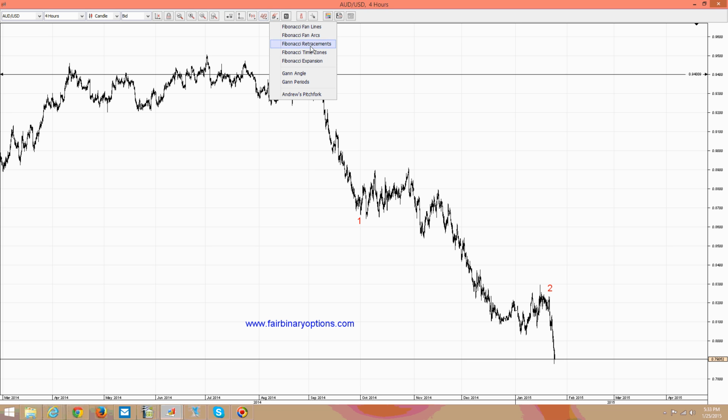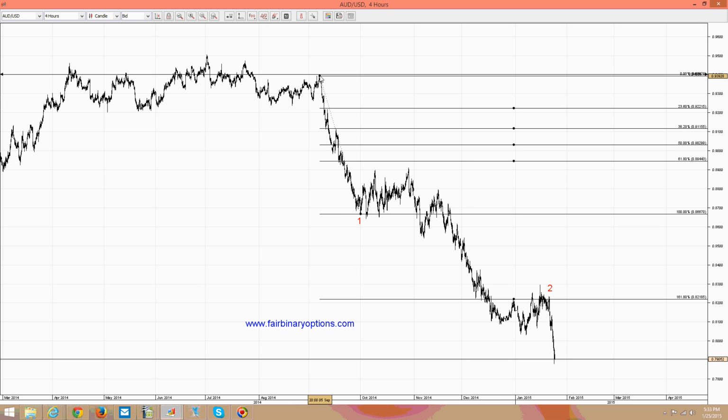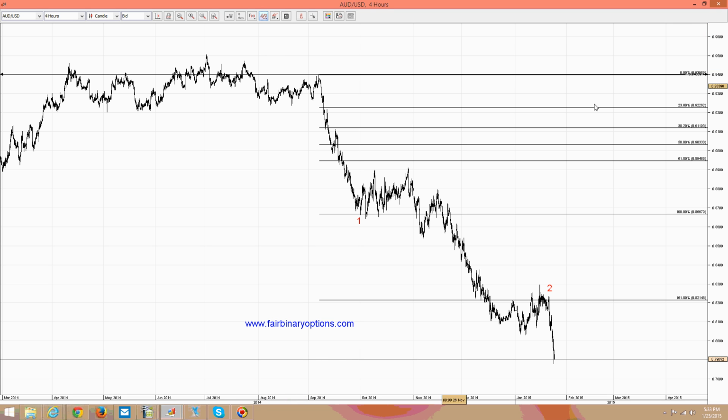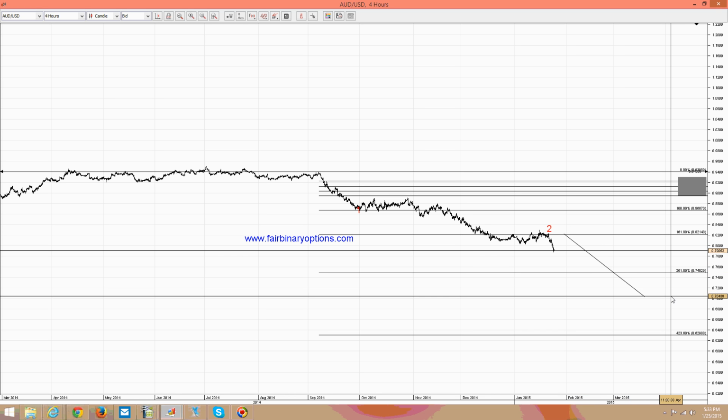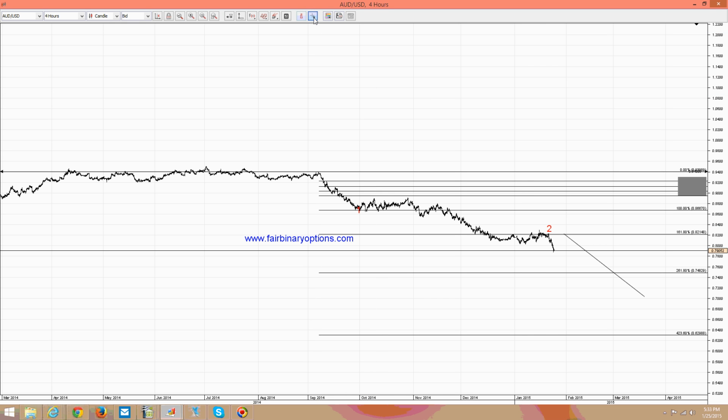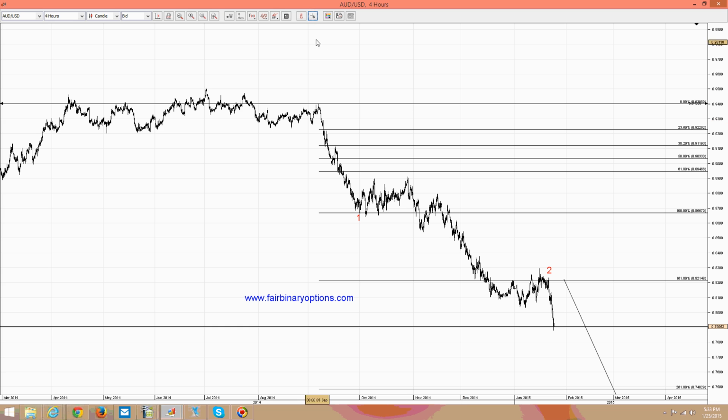If you take the Fibonacci expansion from here to here, not expansion, sorry, let's try to measure the retracement, the 161.8. Let's take this one from here to here, and then choose the 161.8 from here to here, and then you project it by the end of the second wave, you will have a stunning surprise that this one actually goes somewhere in the 0.70, well lower than current prices,